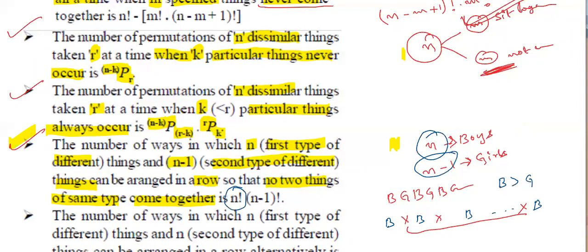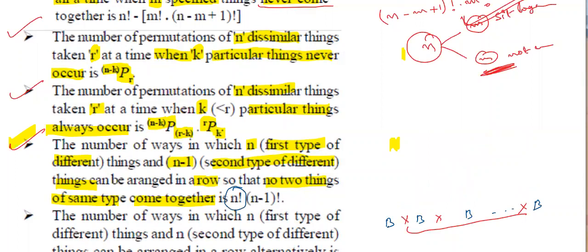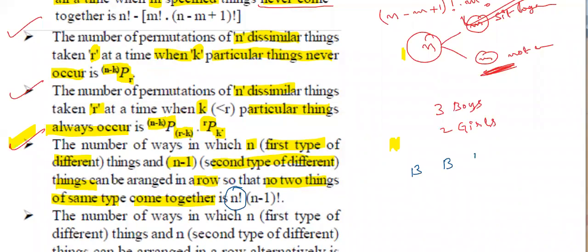Or take some example, then you will understand. Take limited people: three boys, only two girls. They want to sit in a row, but alternately. Now, first I am going to fill the boys. How many are there? Three members. Boys, boys, boys. Three persons can be arranged in three factorial ways. Now we want to arrange the girls. See, first of all, starting here, girl, girl. Only two girls.